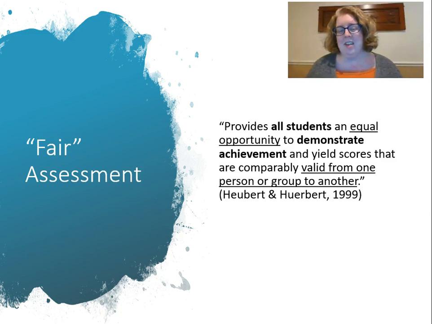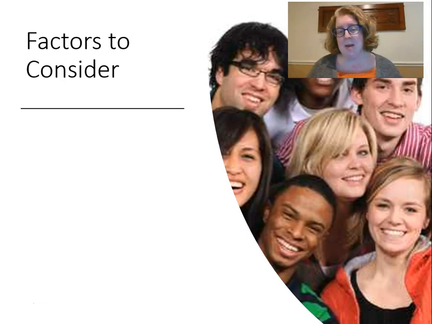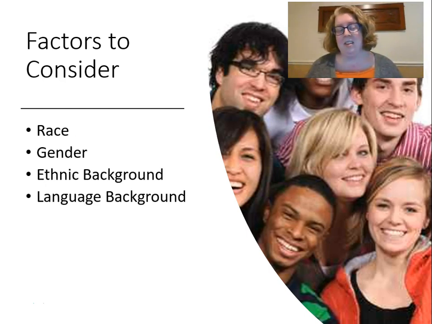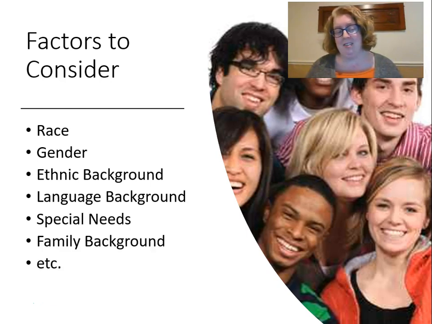A definition might be providing all students with an equal opportunity to demonstrate the achievement, to yield scores that are comparably valid from one person or group to another. So some factors we might be considering when we're talking about fairness or absence of bias: race, gender, ethnic background, language background, special needs, family background, etc. And some things to note here is that we want to consider these factors, but also think about the construct